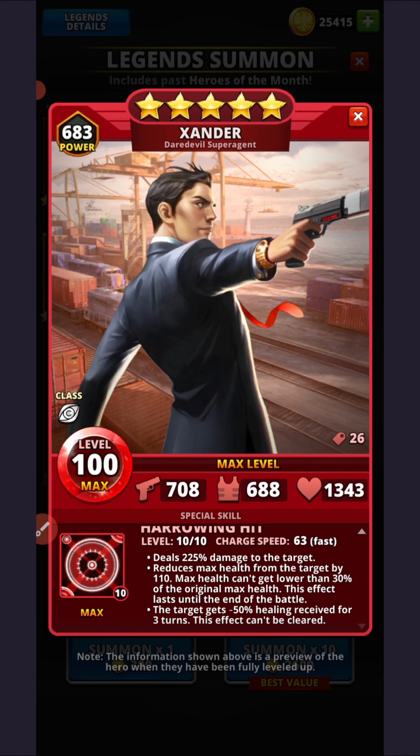Max health can't get lower than 30% of the original max health. This effect lasts until the end of the battle. So to quickly explain how this works, essentially when the enemy is hit by this effect, a portion of their HP bar becomes grayed out, and it no longer is available for the rest of the fight. So effectively, a hero with 1500 HP, they lose 110 of that, so it goes down to 1390 as their effective maximum HP for the rest of